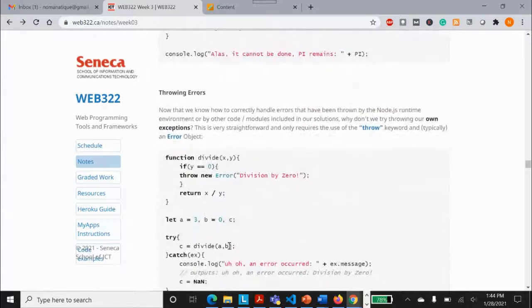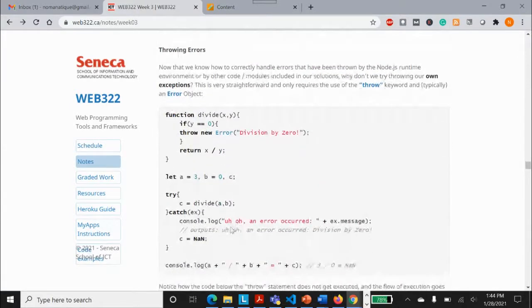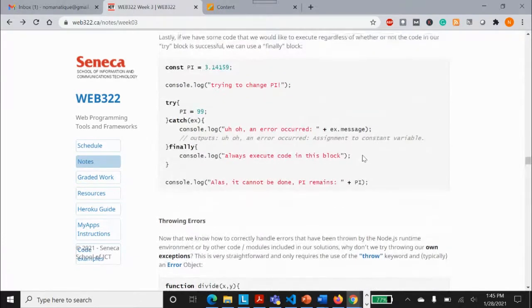So finally, you can throw errors by yourself, and you know that you have this ability of using throw. Now that we know how to correctly handle errors, we should always wrap our entire program in the try so that every exception is caught. This is a good question from Rocky. Rocky says, why not place our whole program inside that try block, so that all errors are caught?